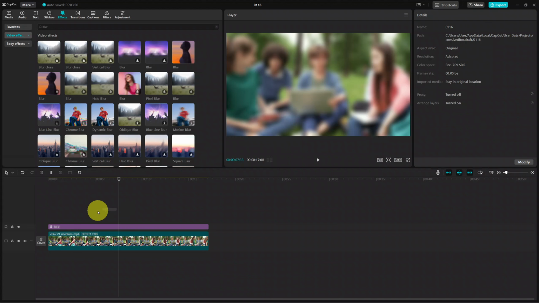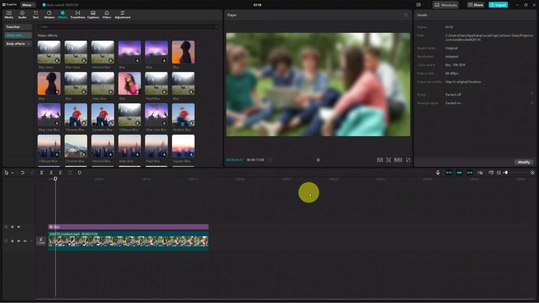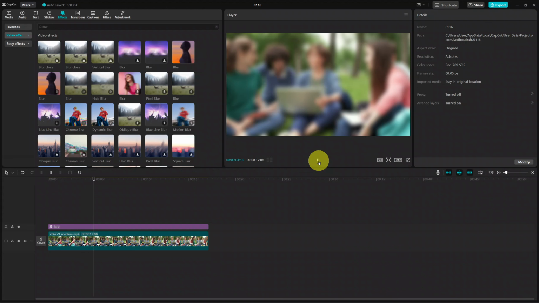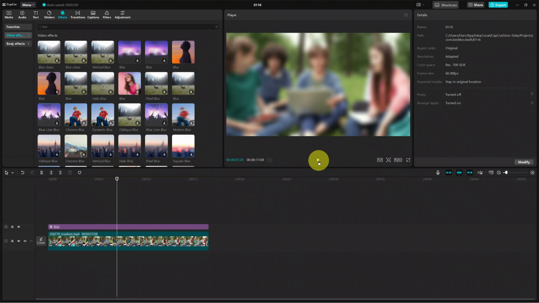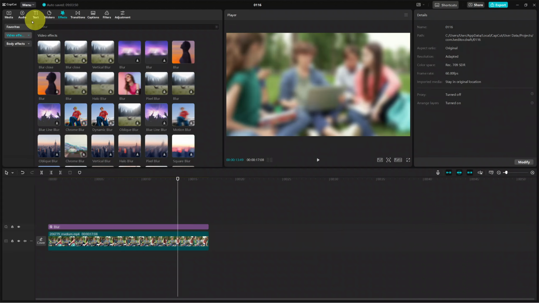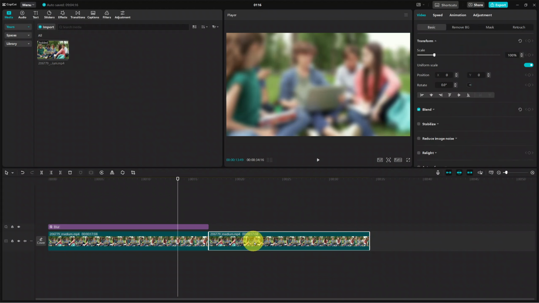So now, whenever you play your video, like that, you should see the whole video has been blurred, which means that you've done that successfully. So then now, the next step is to add this video again to your timeline. So to do that, go back to the media section, and then select yours, and under yours, you should see the section import and ensure you're there. From here, you want to click on this plus icon, and you can see the video has been successfully added